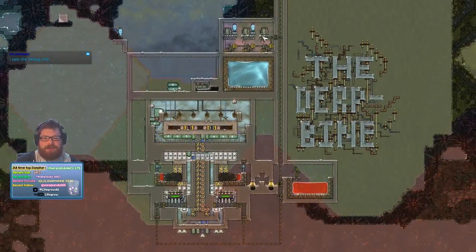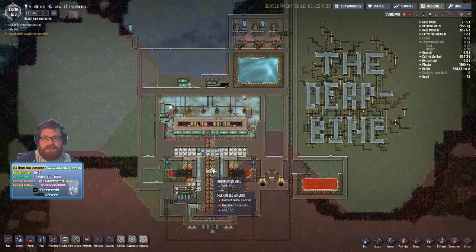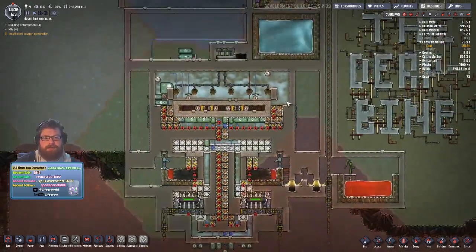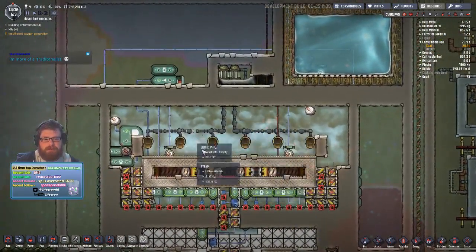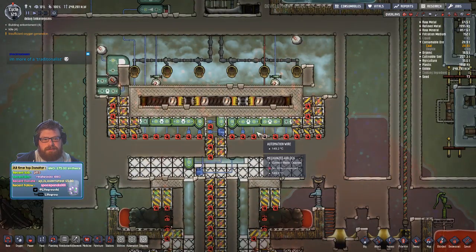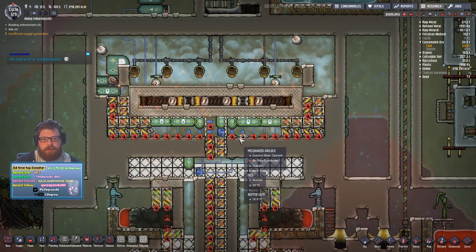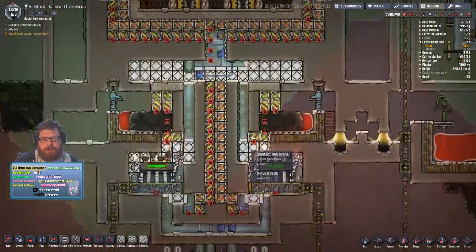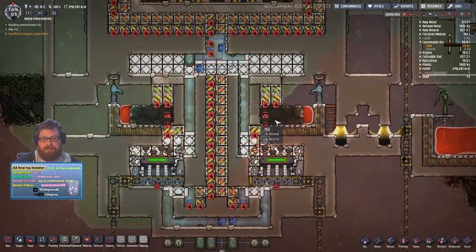There's a thread on the forums explaining this and going through it in pictures, but basically, it's just 2 boiler rooms. We've got an upper chamber that's boiling water, turns it into steam, and then these mechanized airlocks basically push the steam down to the bottom chamber, and then the bottom chamber basically has magma in it or igneous rock, and